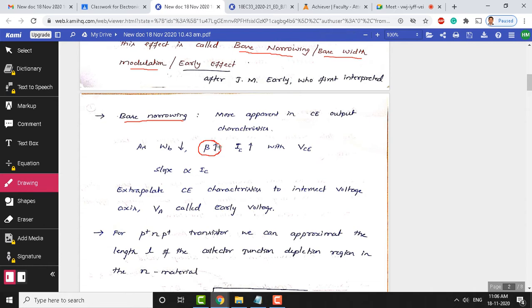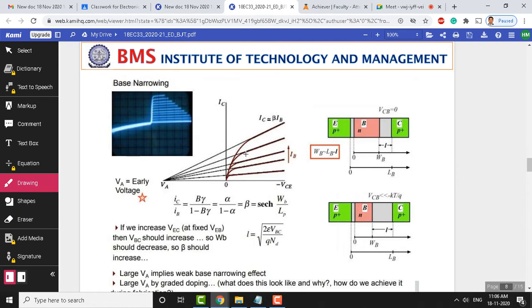When base current decreases, the amplification factor, beta, keeps increasing. Beta and collector current are related to each other: IC is equal to beta times IB. Therefore collector current also keeps increasing, as it is a product of beta and IB. So beta keeps increasing due to the decrease in WB. If you observe the output characteristics of the BJT, the slope is now proportional to the collector current. We have seen this in the last class also. The slope here is not a perfect straight line for a practical device.